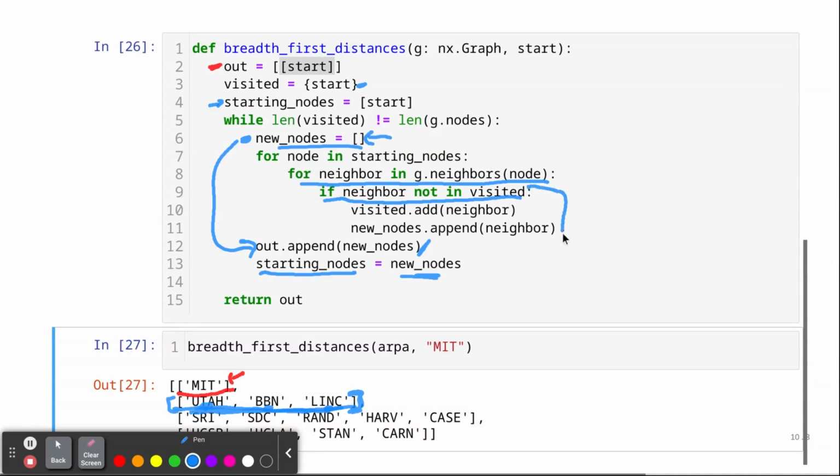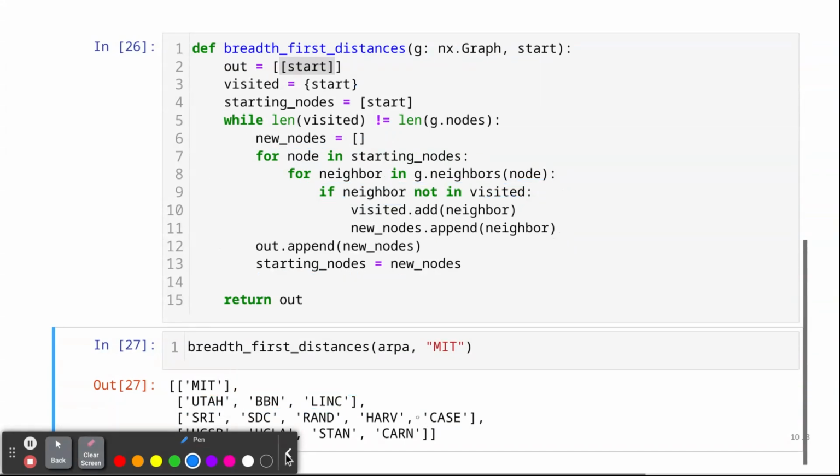As long as I haven't seen them, I'm going to add them to the overall counter, as well as this new element, and I'll include them at list 2, or distance 2. And then I'll repeat the process for SRI, SDC, RAND, HARV, and CASE. If I consider all of their neighbors, I end up discovering for the first time these 4 nodes at the